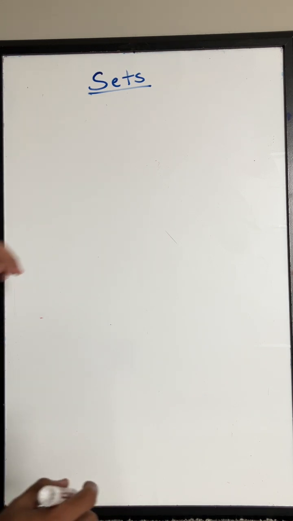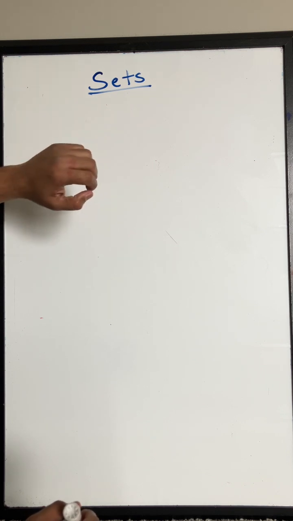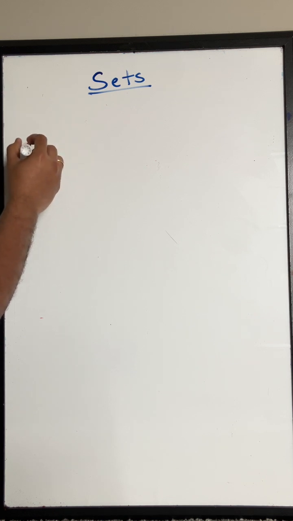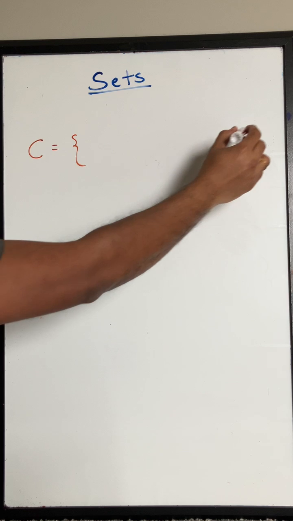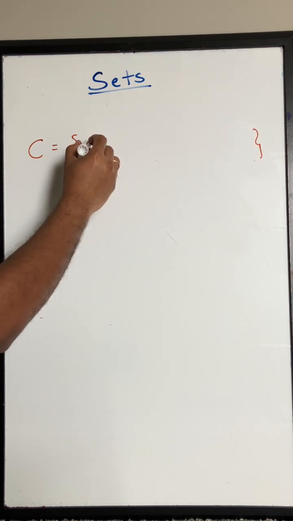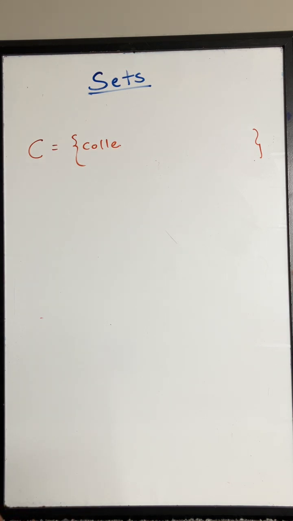So what are they? For example, since we are on the topic of collection of coins, or a collection of stamps, let's take a set of coins. If I make a statement like, I have all the collection of coins, sorry, set of coins, we have to use the right words.